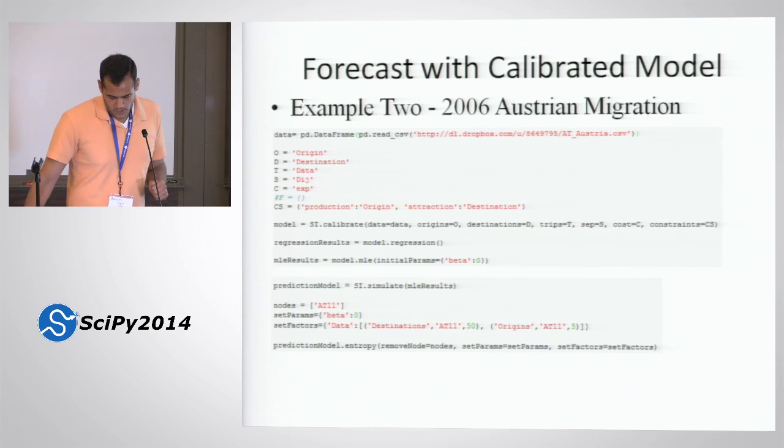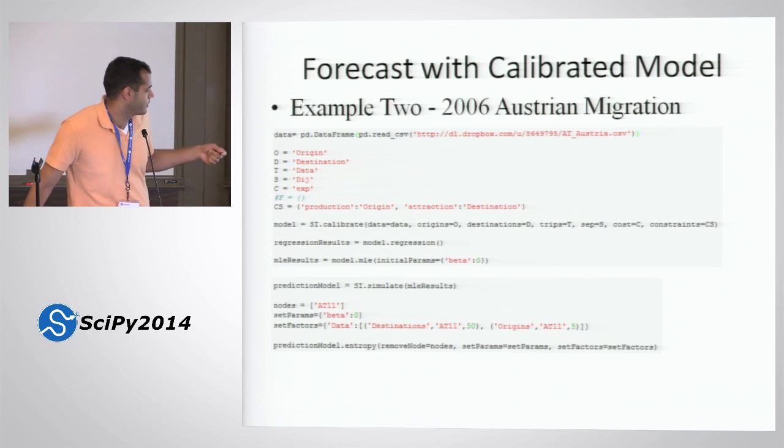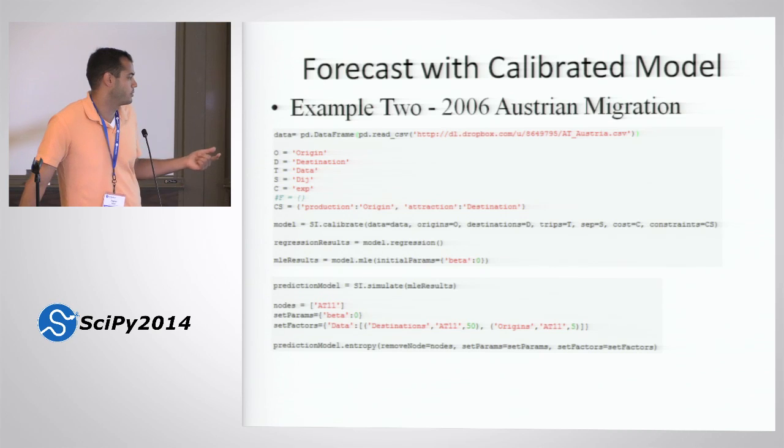And then I have one example of forecasting with a calibrated model. So if you want to calibrate a model and perhaps change something in your system, say remove a node or simulate what would happen if you doubled the population at a specific origin or destination, you can instantiate a simulate object and pass in the results from the calibrate object and then use the entropy function to recalculate the entropy model